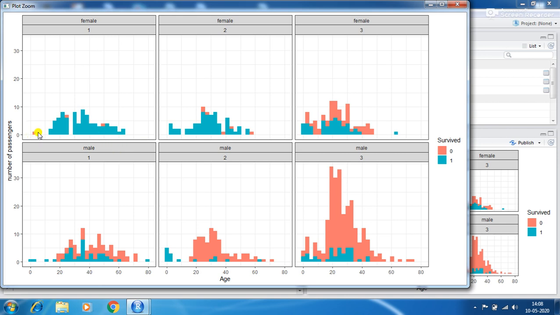Those traveling first and second class survived, and the survival rate is lowest for men traveling in the third class. Okay, that is the analysis of data in the Titanic ship.